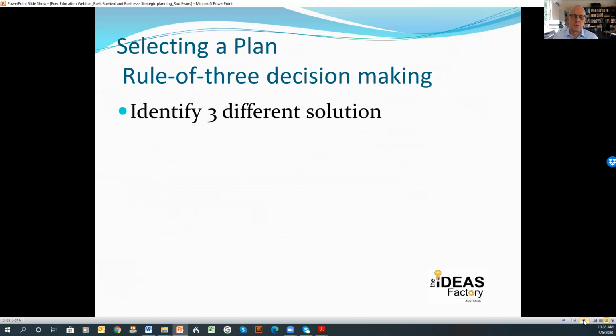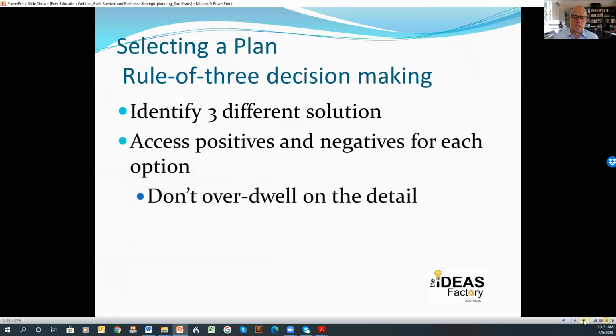Basically what it says is narrow your options down to three potential solutions. Once you've got three potential solutions, you then simply work through each solution, and against each solution you develop a series of pros and cons. You don't over dwell on the development of these pros and cons.